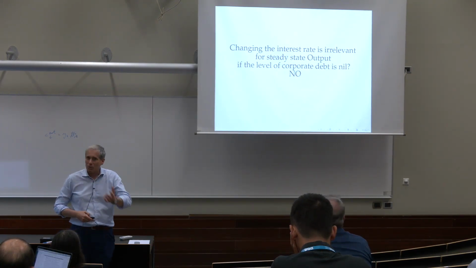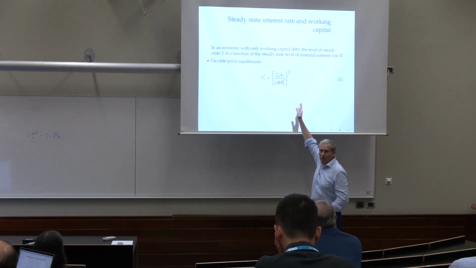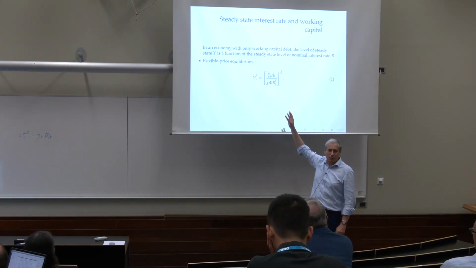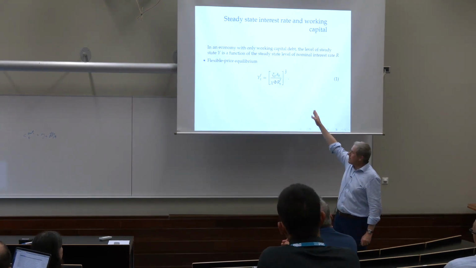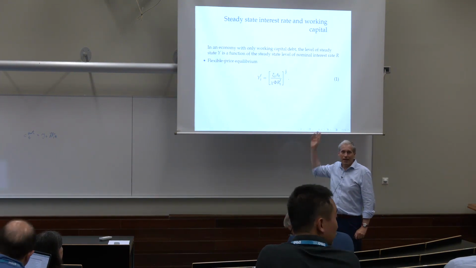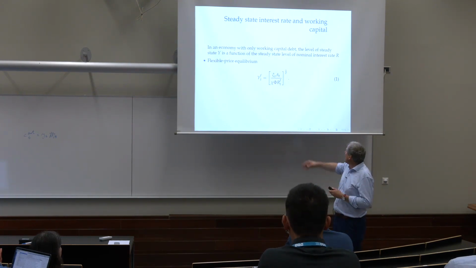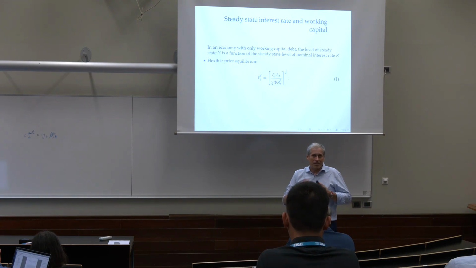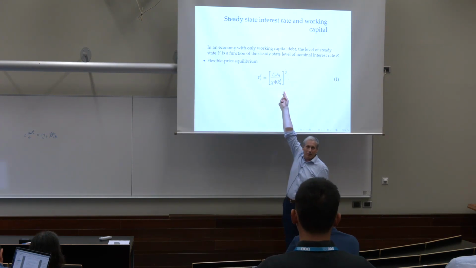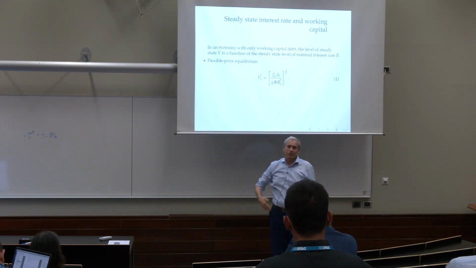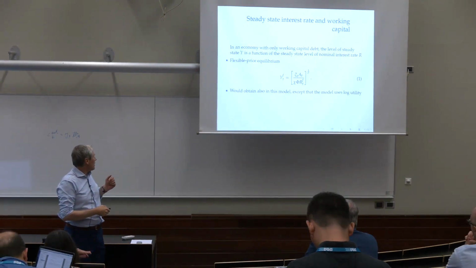So it's not something that comes only out of this model. Suppose that you have this flexible level of output. If you take away the T, this is also the steady state level of output. And it will depend on all the variables that you imagine. So C is the level of demand shock, A is the level of productivity shock, Chi is some elasticity of labor supply, the capital Phi is the steady state markup, and then you will find that there's also the nominal gross risk-free interest rate.